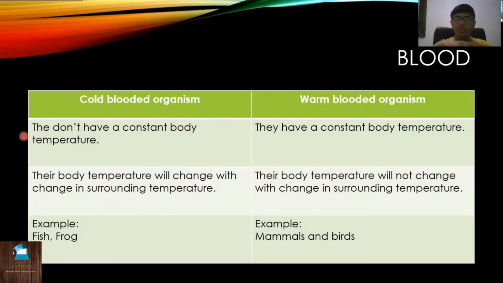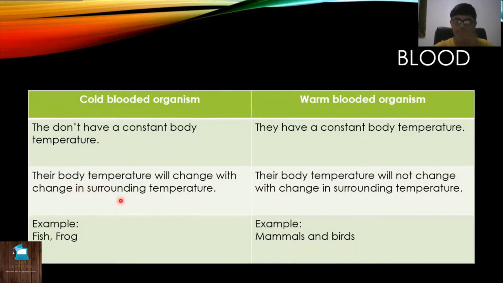So let's see what it is. It says that cold-blooded organisms don't have any constant body temperature. For example, if this organism lives in a desert, the blood temperature will be hot there. The atmospheric temperature is hot, and the blood temperature is also hot. Whereas in warm-blooded, the body temperature remains constant, it doesn't change. In cold-blooded, if it goes from the desert to Antarctica, then the blood will freeze because the temperature isn't constant, so it changes regarding the surroundings.